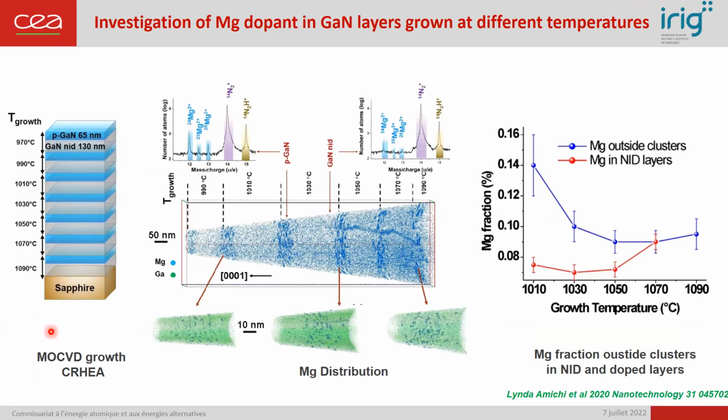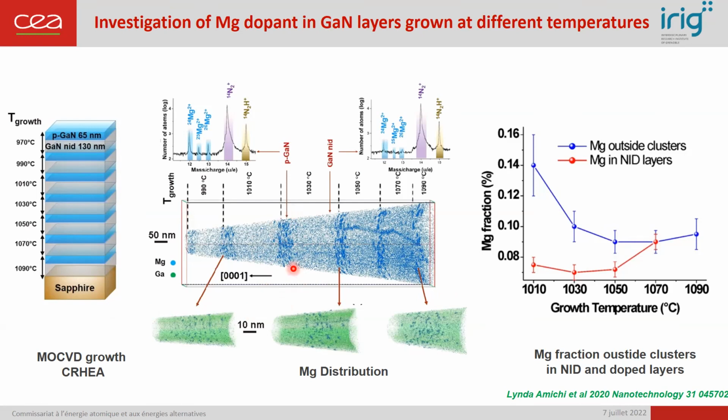The stack is made of N-doped and doped layers grown by decreasing the temperature. And this is a 3D APT reconstruction of magnesium distribution within this sample, where a lot of interesting features can be observed. We can observe segregation of magnesium along a defect, which is a threading dislocation. We can observe the presence of magnesium within the N-doped layer, and we can also observe the presence of magnesium